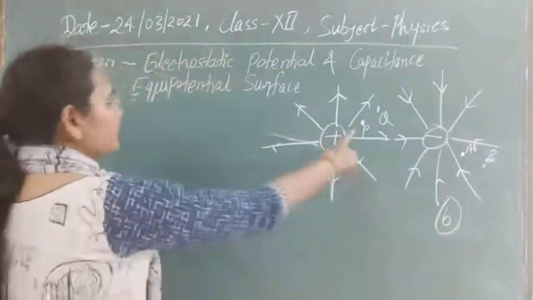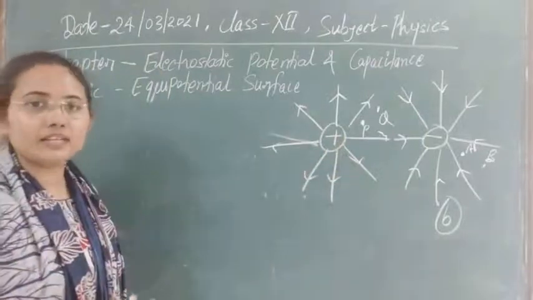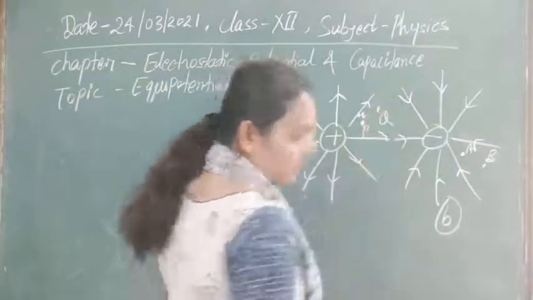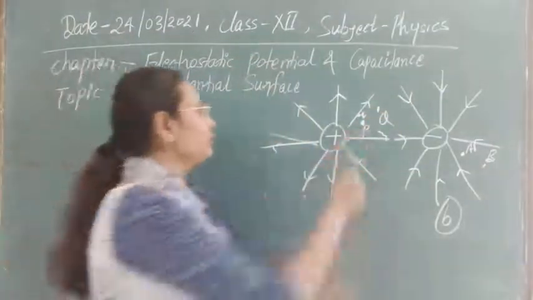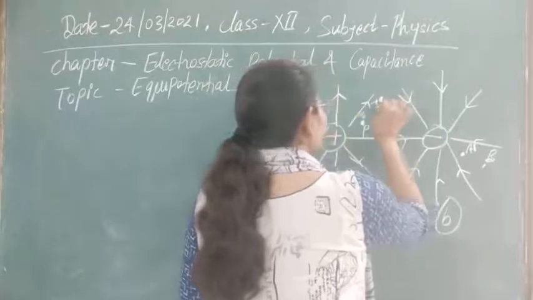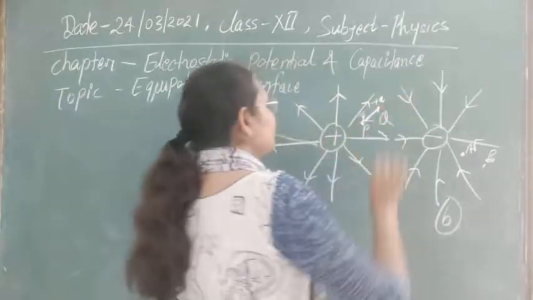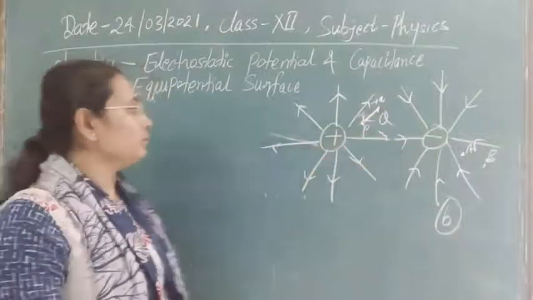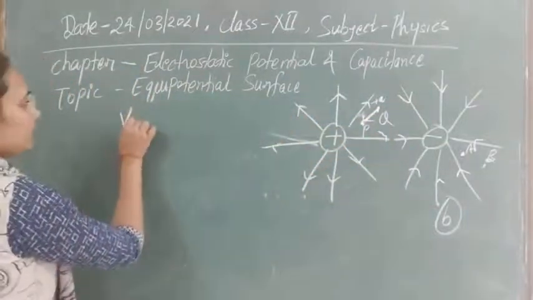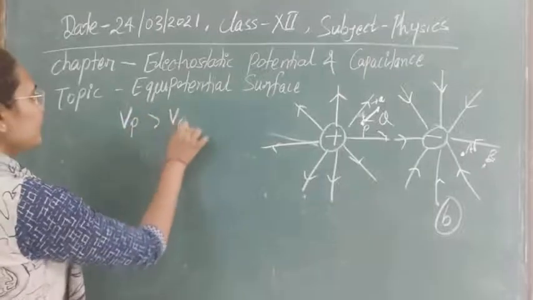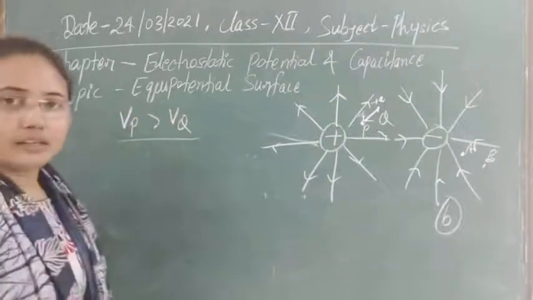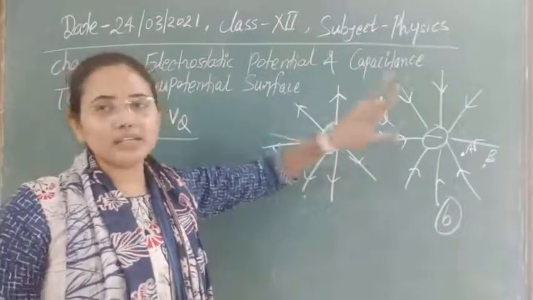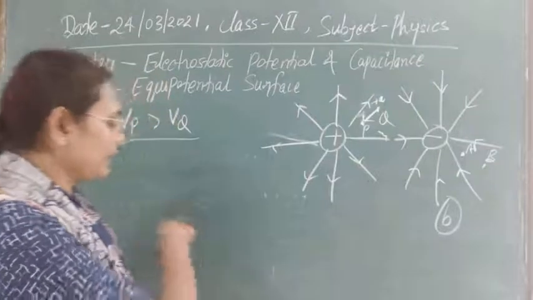So in this case, as the question asks about the field, and we are moving a positive charge plus Q from point Q to P. We are moving the charge in this direction. So first of all, let's see at point Q, as we know that Vp is greater than Vq here. Clear? And also, as this is a positive charge, in two ways I will tell you what will be the work done by the field here.